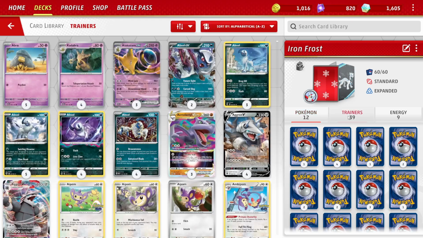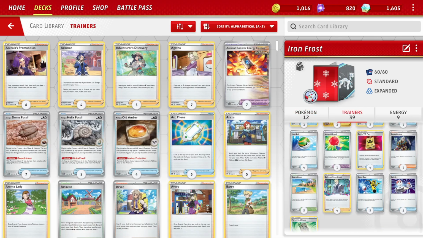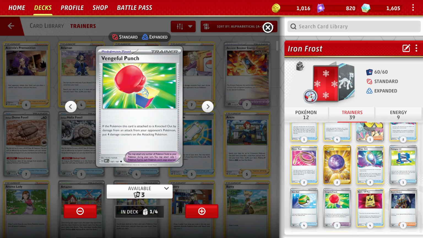We also have multiple switches for both Comfey and our Iron Valiant's ability, so that we get to activate them as many times as we can per turn with our Beach Court Switch Cart and Escape Ropes. We even have 1 Vengeful Punch to set up for the knockout with Destroyer Punch later on in the game,